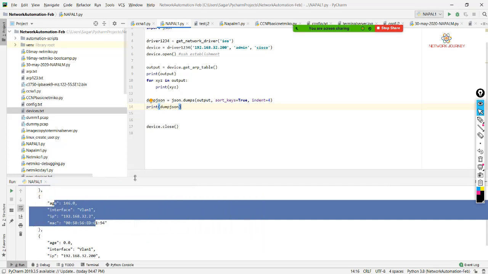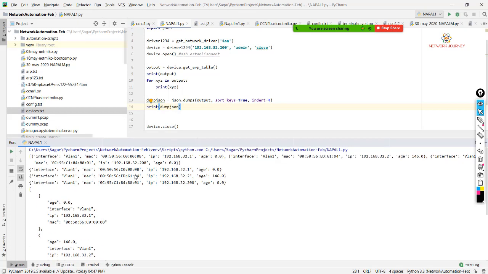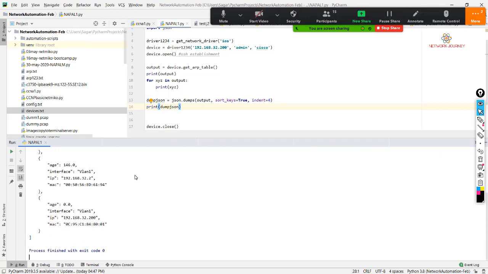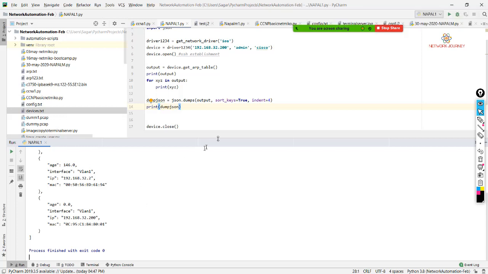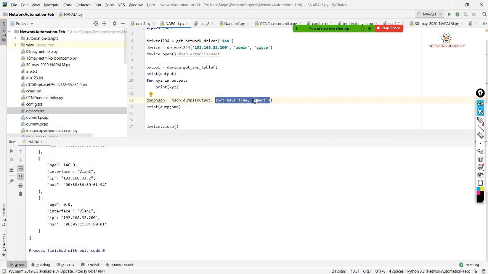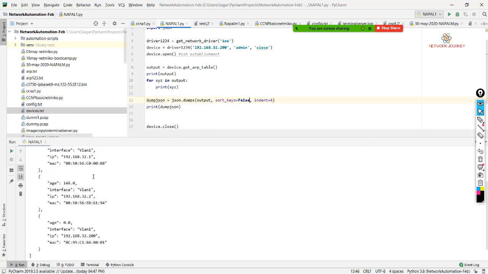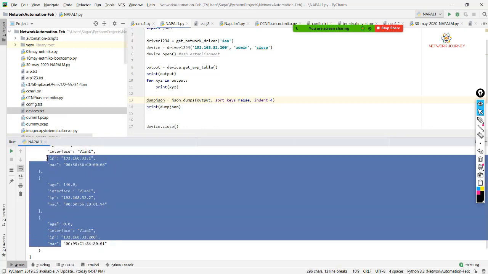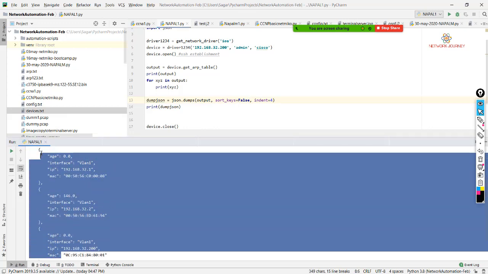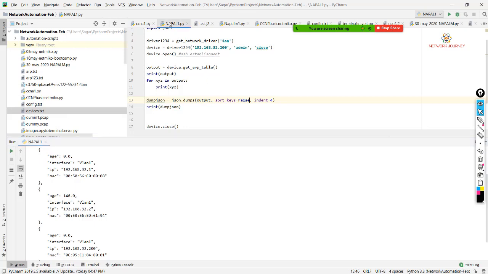We can easily integrate with the front end applications. So what I'll do is I'll show you what these two lines are going to do, the sort keys and the indentation key. If I turn this off, if I say it's false, you will see these are now not in a sorted order. They're going to be shuffled.